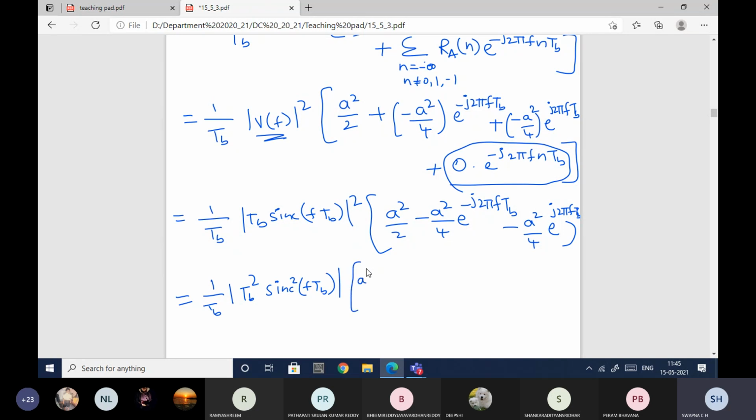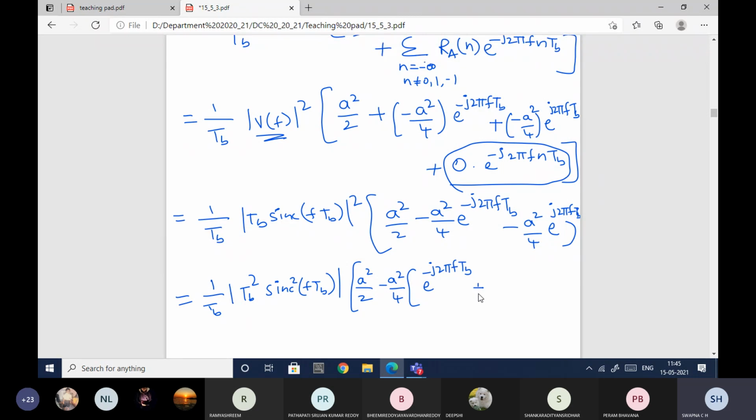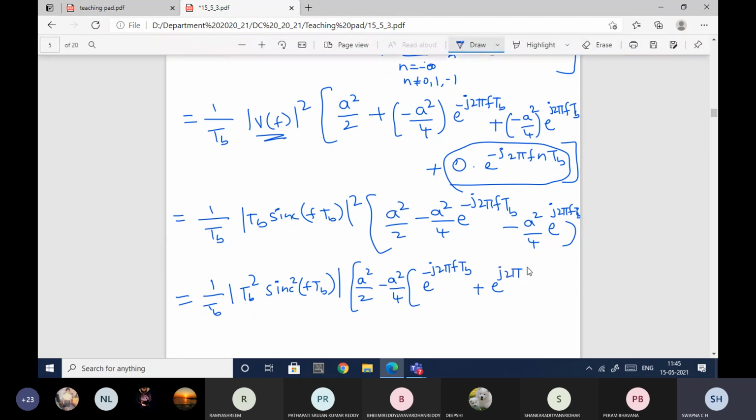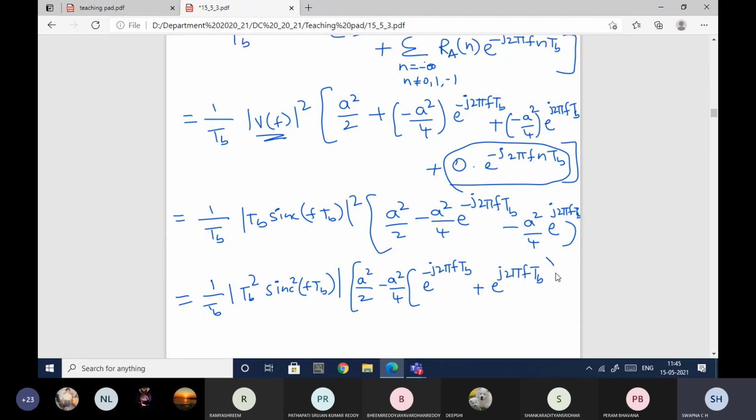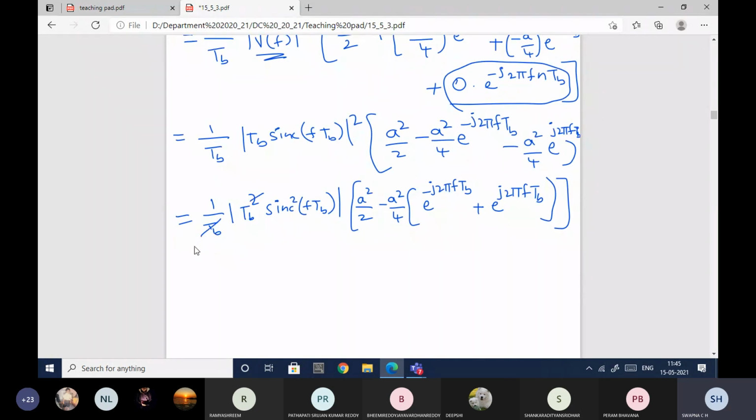Here I'll write A squared by 2. Here I'll take minus A squared by 4 common, so that I'll be left with e power minus j 2 pi f Tb plus e power j 2 pi f Tb. The Tb in the denominator and one Tb in the numerator will get cancelled, so I'll be left with Tb sinc